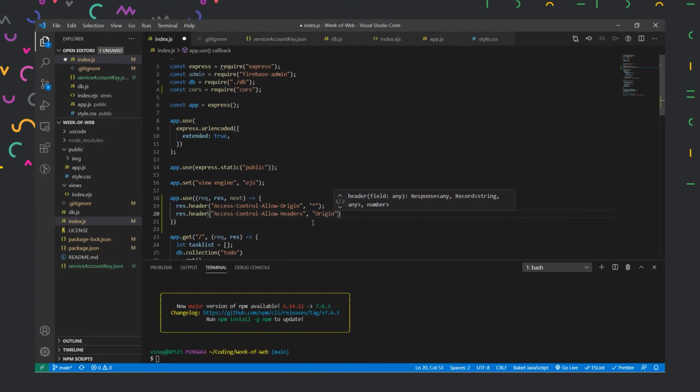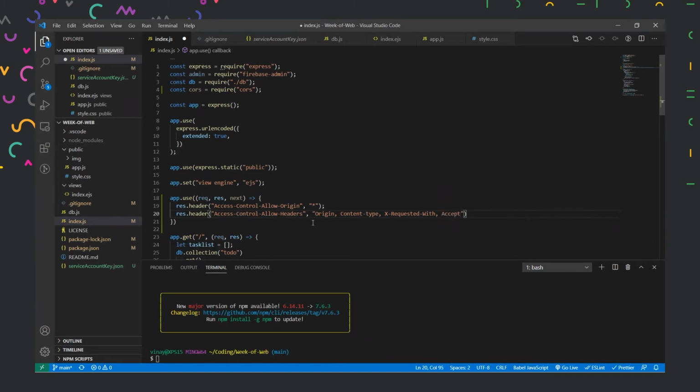So here we'll allow origin, then we'll allow any type of content, so I'll type Content-Type, and then any cross origin that has been requested, so X-Requested-With, I'll put it over here, and I'll just put Accept for all of this.